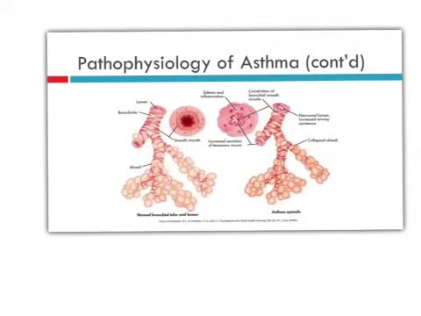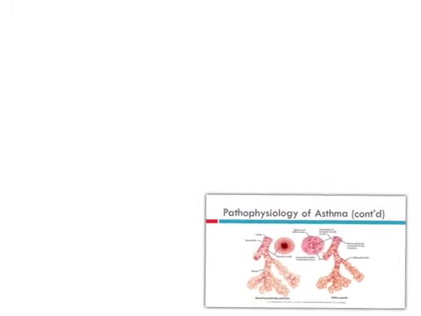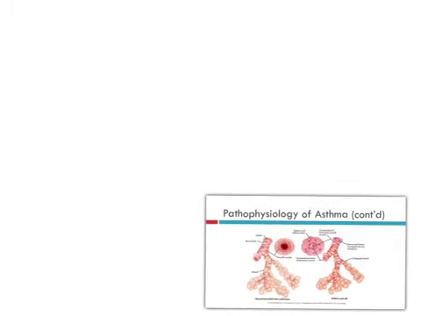And also there are two types. You have your extrinsic asthma, which is caused by outside factors like pollen, dust, anything environmental like that. The second type is the intrinsic asthma, which occurs after a severe respiratory tract infection. Okay, so if you look at the different effects of it,